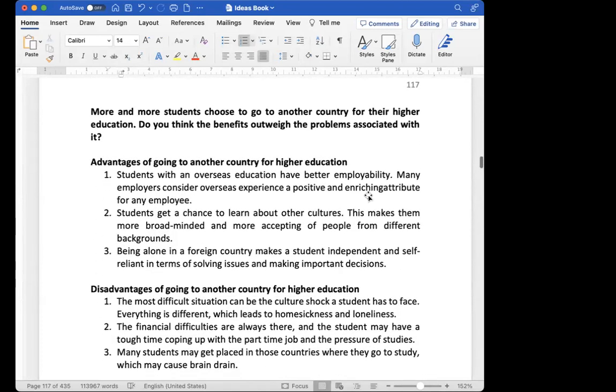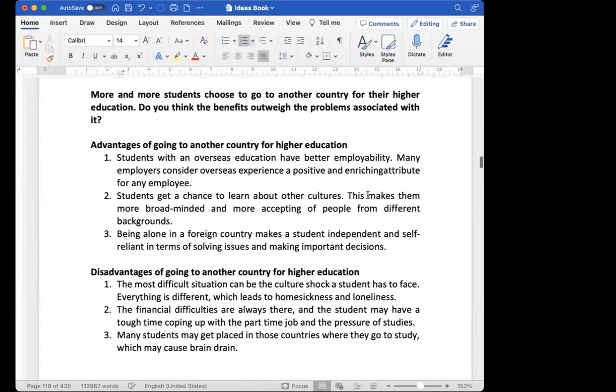Okay. More and more students choose to go to another country for their higher education. Do you think the benefits outweigh the problems associated with it? So advantages of going to another country for higher education. Students with an overseas education have better employability. Many employers consider overseas experience a positive and enriching attribute for any employee. Students get a chance to learn about other cultures. This makes them more broad-minded and more accepting of people from different backgrounds. Being alone in a foreign country makes a student independent and self-reliant in terms of solving issues and making important